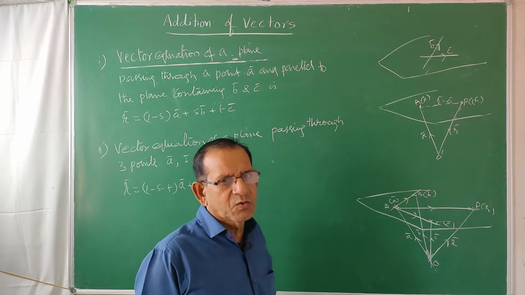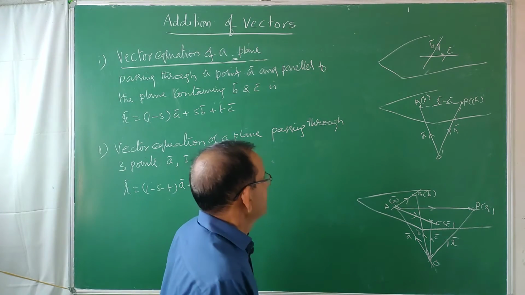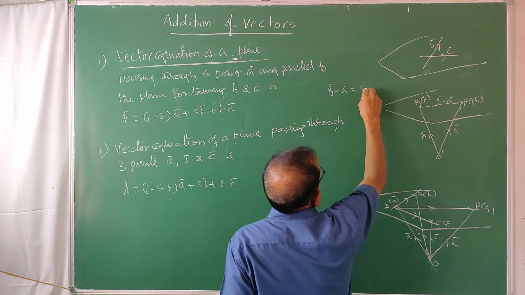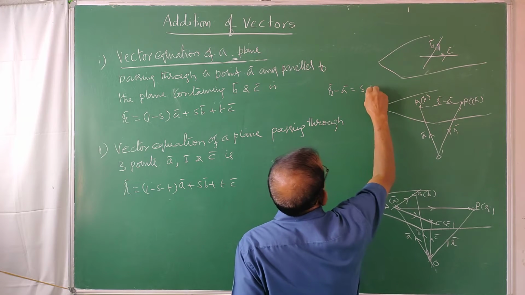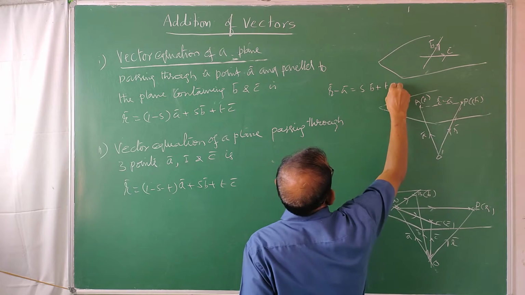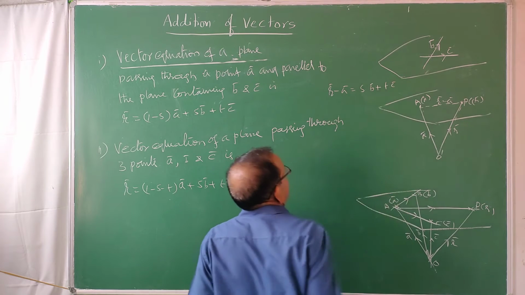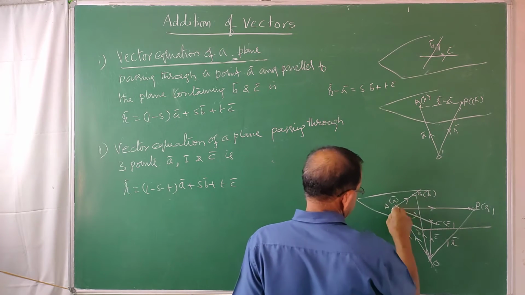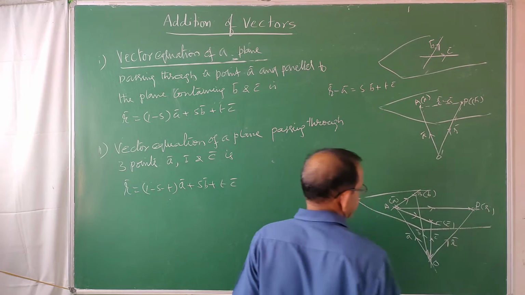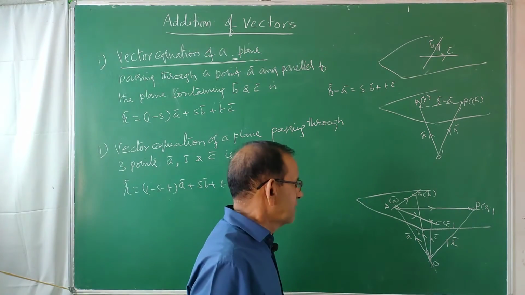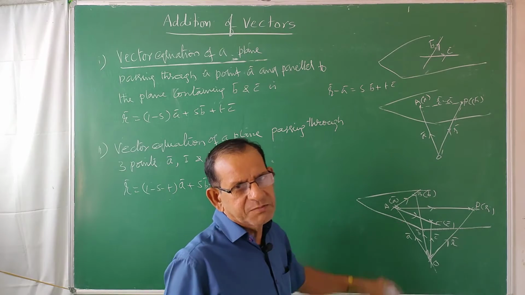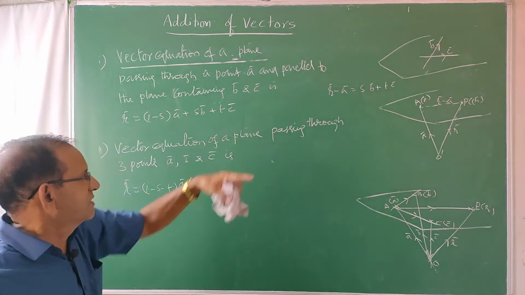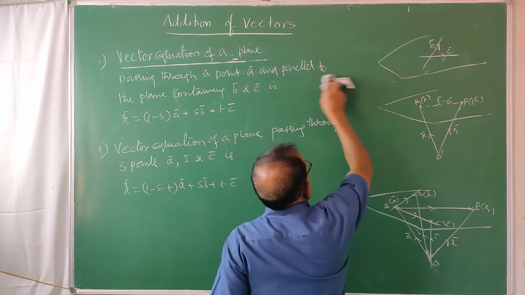Whenever 3 vectors are coplanar, there exists a linear combination, that is r bar minus a bar is equal to s into b bar plus t into c bar, like this. Then in this one all the 3 vectors AB bar, AC bar and AP bar are on the same plane, that is they are coplanar. Again there exists a linear combination between those 3 vectors. After simplification only you will get these 2 equations. This is for that plane and this is for this plane.